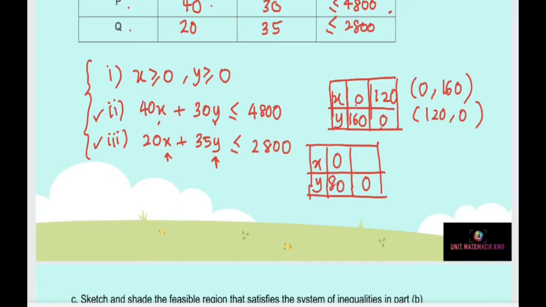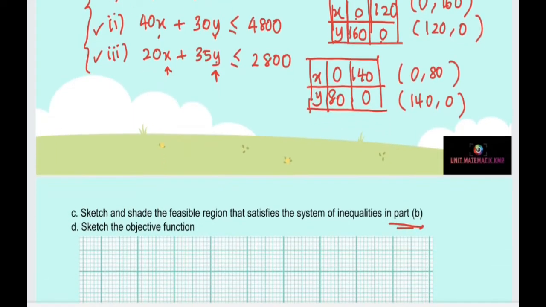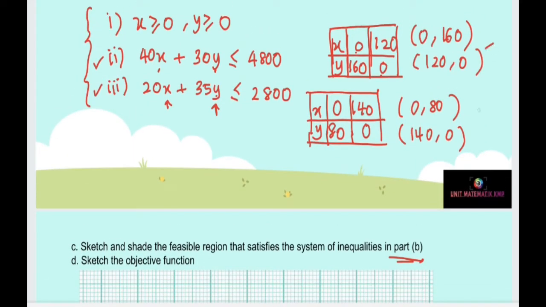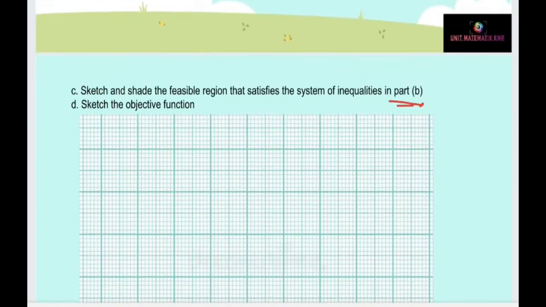And then when y equals 0, you will get x equals 140. So we got 2 points, or the intercepts of the x and y axis here: (0, 80) and (140, 0). Okay, so we have to form 1 and 2 straight lines in this